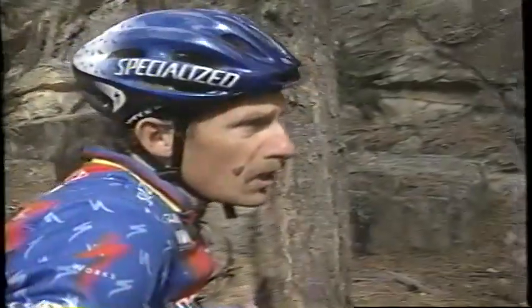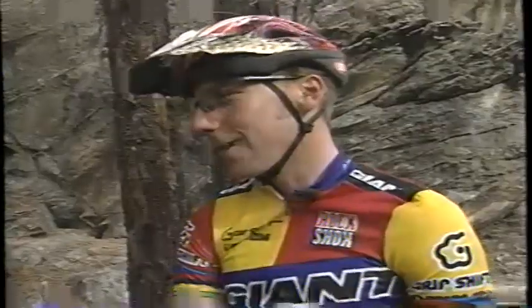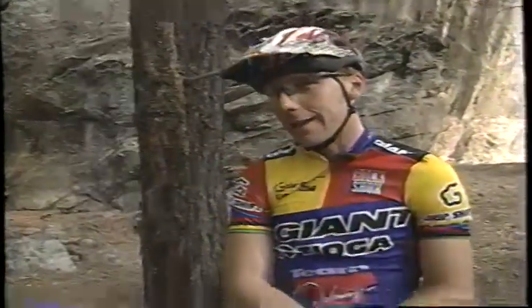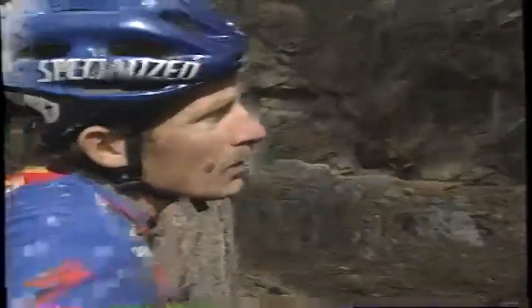I kind of think of mud as similar to when you're driving your car on an icy road. Yeah, I would agree. I think you have to be very subtle with all your actions when you're riding in the mud. Be very subtle on your braking, descending, and also on your accelerating. By riding subtle, I mean braking very lightly and trying to pedal very smoothly up the hill in a circular cadence. Yeah, because once you break it loose in the mud when you're climbing, you've lost all your momentum and